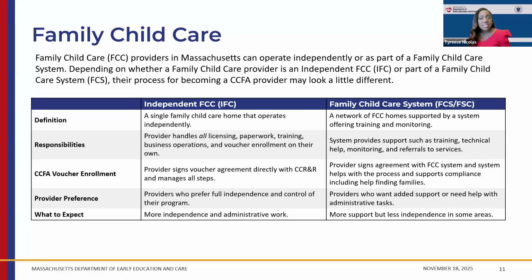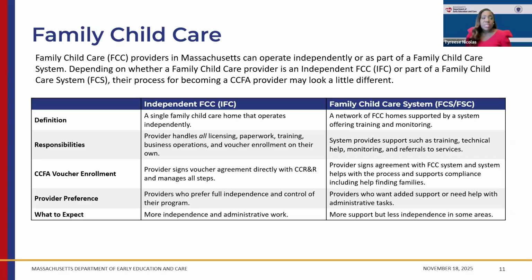If you're working with the system, the system will be providing support, assisting with administrative tasks related to training and some of your business operations as it relates to child care financial assistance families. You would also be receiving referrals directly from the system, and the work you would be doing related to child care financial assistance would be directly with your family child care system.